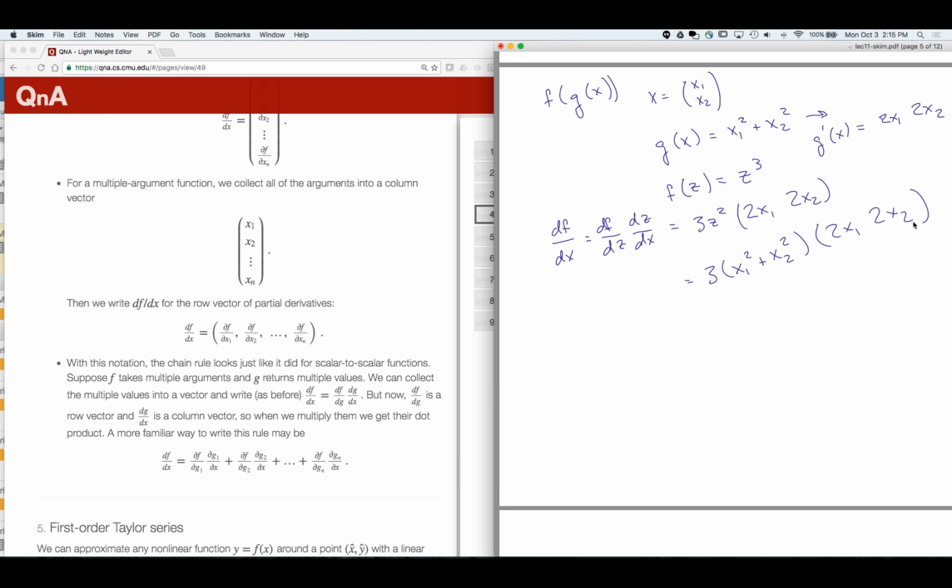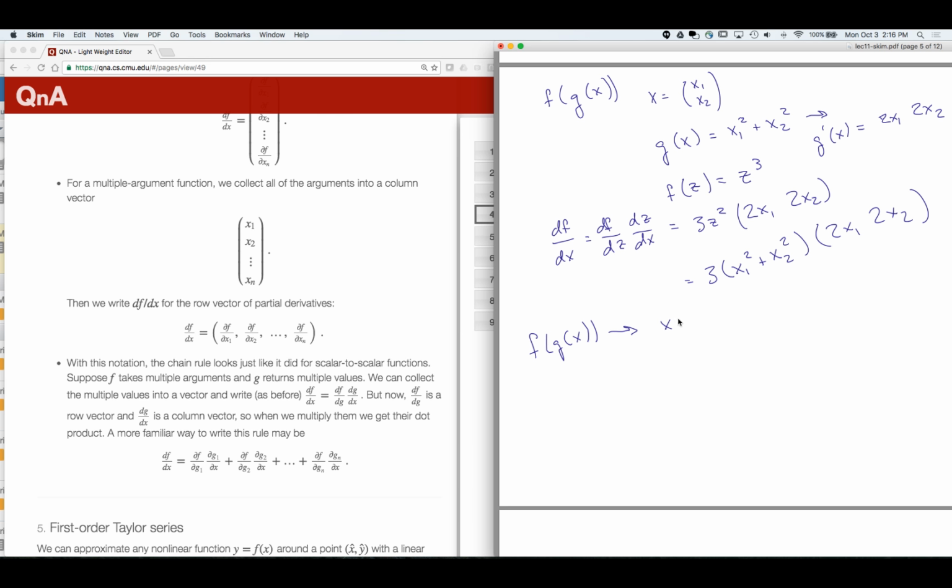So that's that example. Let me try and do an example where the thing in the middle is a vector. So let's say now f of g of x, where